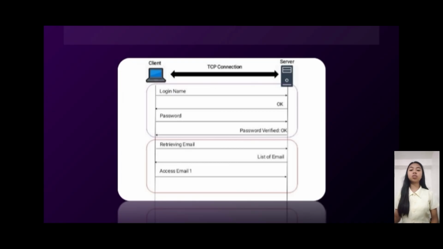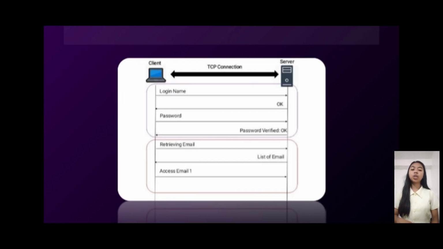Next is the transaction phase, wherein after logging in, the user will retrieve email from the server and the list of email is sent by the server to the client side. And after that, client will access the emails from the list of email and that accessed email is downloaded at the client side.